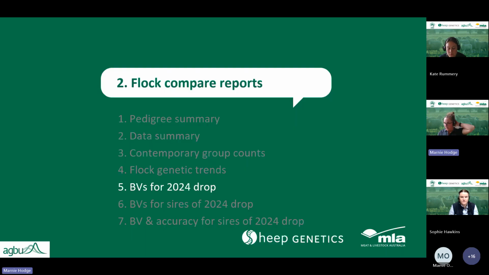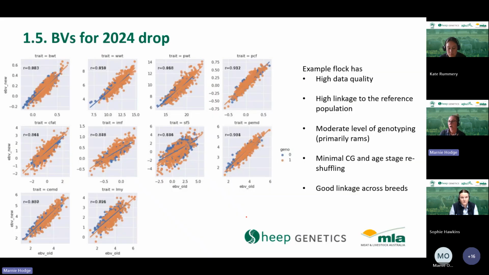So moving on now to the 5th section, which is the breeding values for the 2024 drop. We have here plots, which has the same traits as the previous. So we've got birth weights, weaning weights, post-weaning weights, fat, eating quality, and muscle and carcass breeding values here. And what we have is the correlation of breeding values between the current terminal and maternal and the combined LAMBPLAN